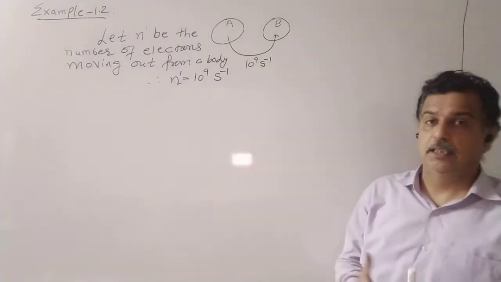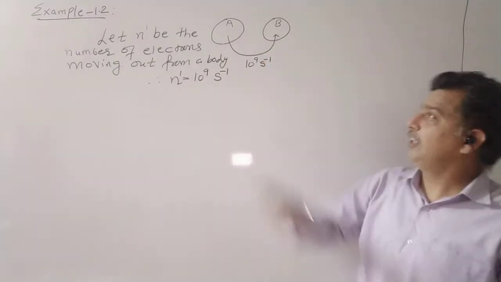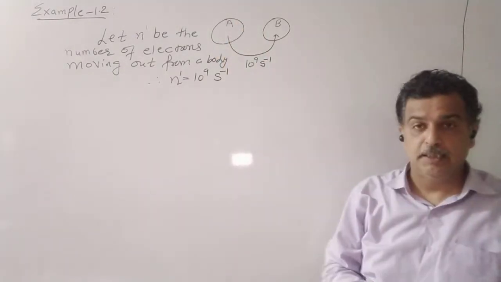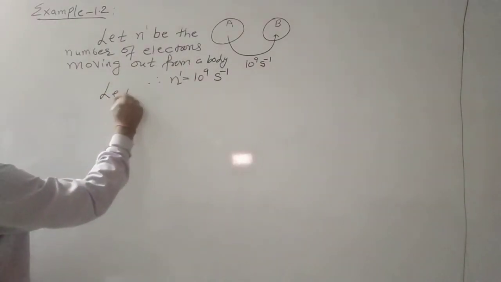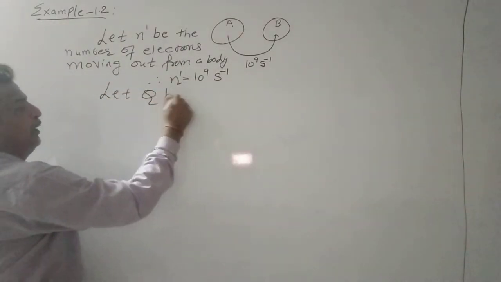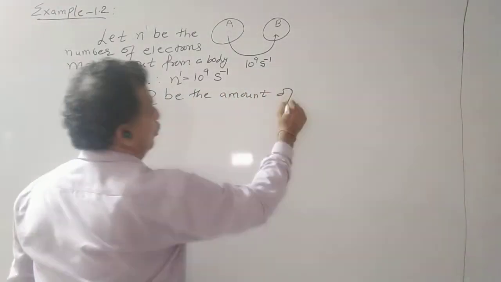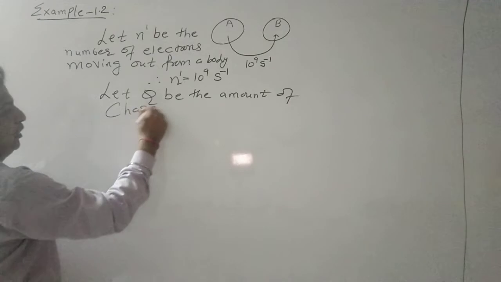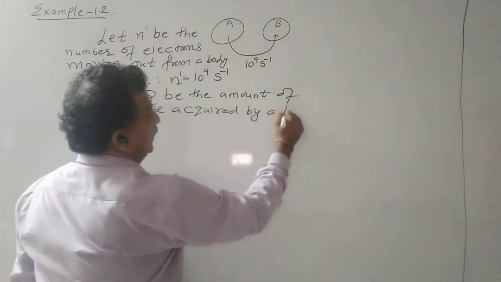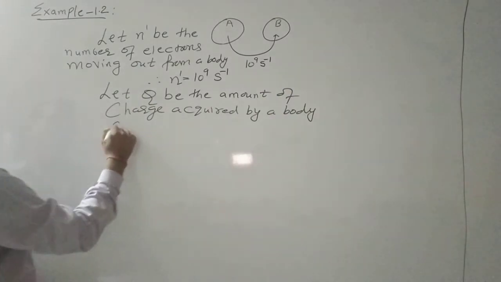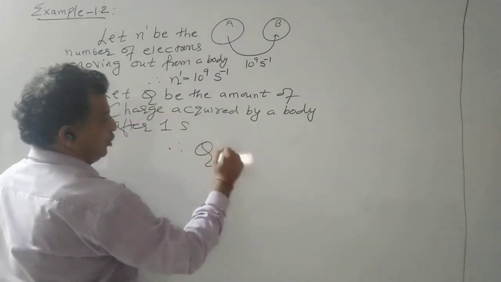So let us see, if this much electron leave body A, what will be the charge acquired by the body per second? So let Q be the amount of charge acquired by a body after 1 second. Therefore, Q is equal to,